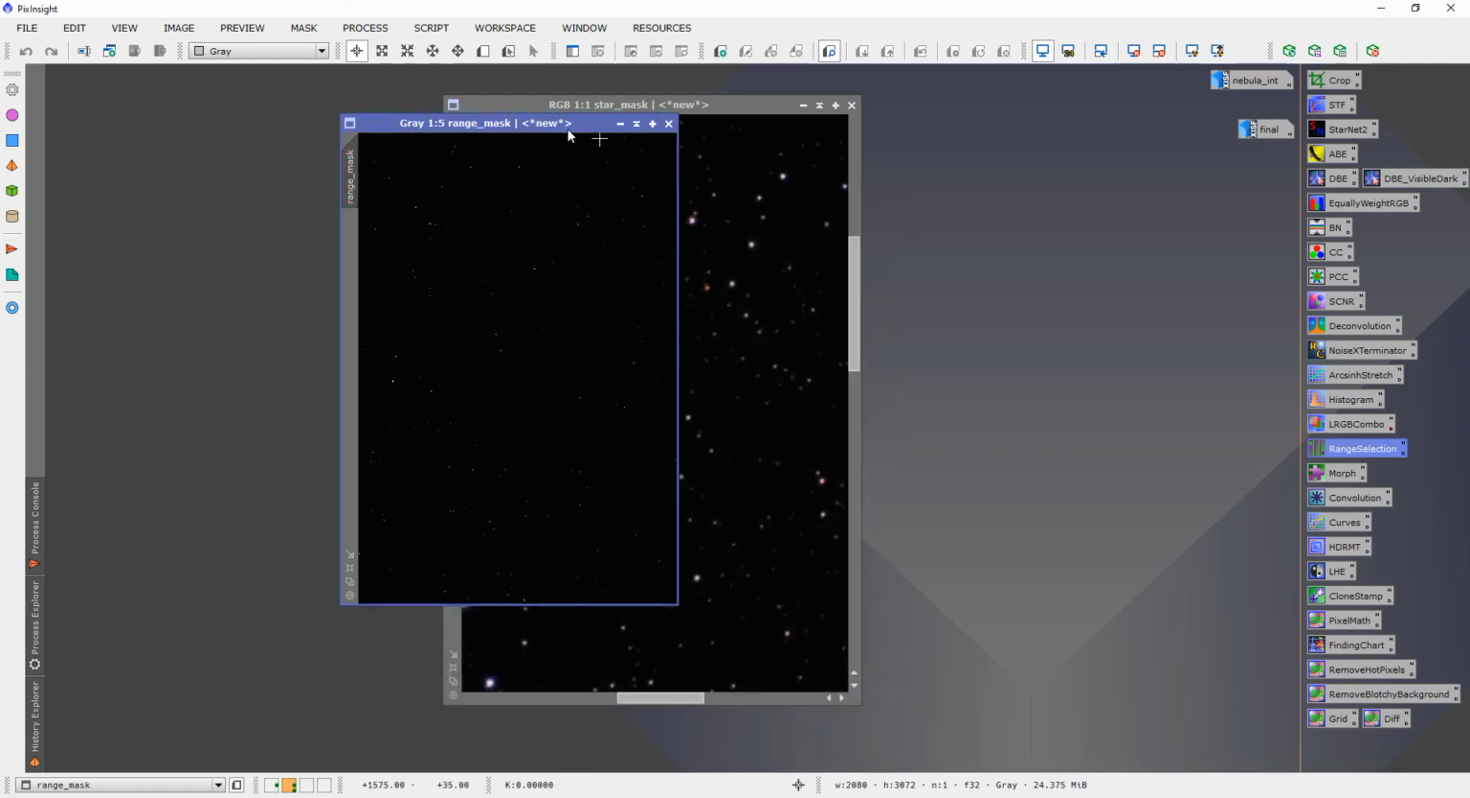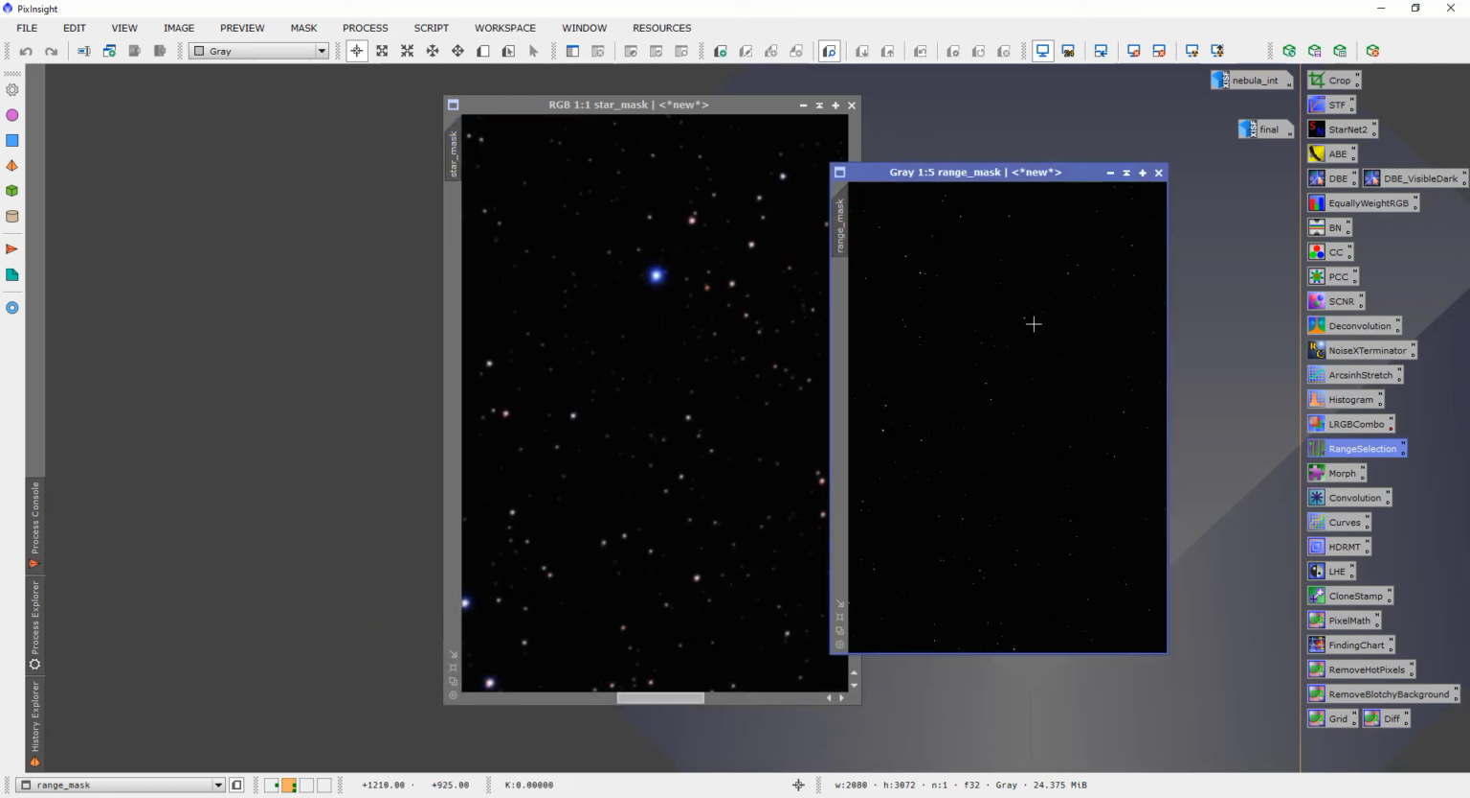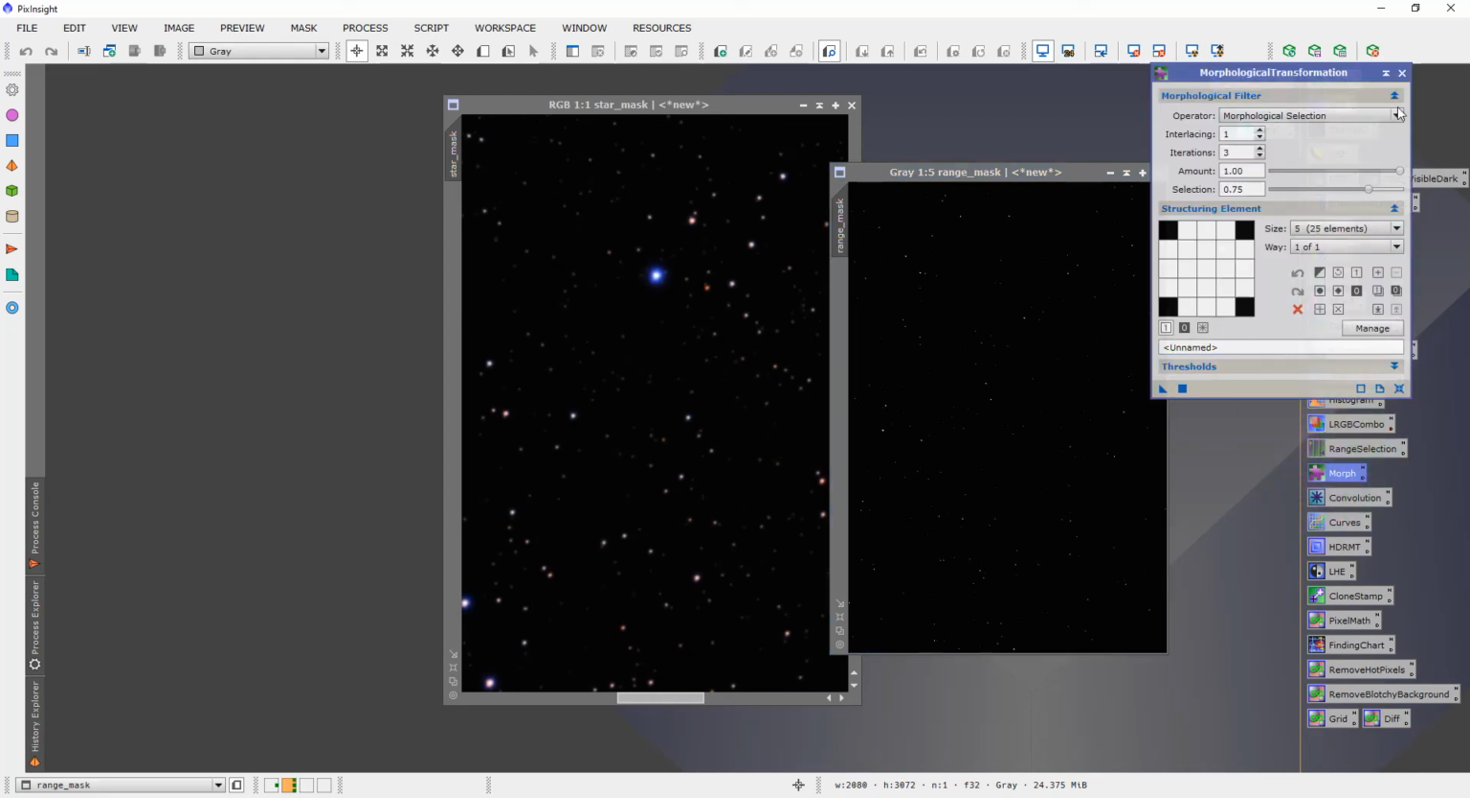So we've now got a range mask with very small stars. However, these stars aren't big enough to cover the star and the blue fringing, so we need to make each of these stars bigger and blur them slightly so we get a soft effect at the edge. So to make them bigger, we do the morphological transformation process. Set it to dilation. Now this bit's a bit hit and miss, but we'll see if we're lucky first time round. We'll go for, say, 11